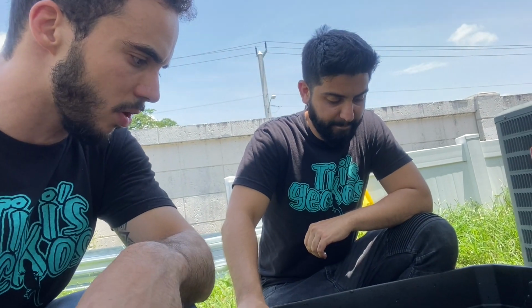I went to feed them this morning, just a couple minutes ago, and I noticed that she was moving kind of sluggish. Her back feet aren't moving very well. So usually what happens is that's an early sign of like a calcium issue. So what we're doing right now is we're just soaking her. She did just lay about like 30 eggs not too long ago, so that's probably the reason why she is like this. So what we're doing is we're soaking her with some water and some Pedialyte